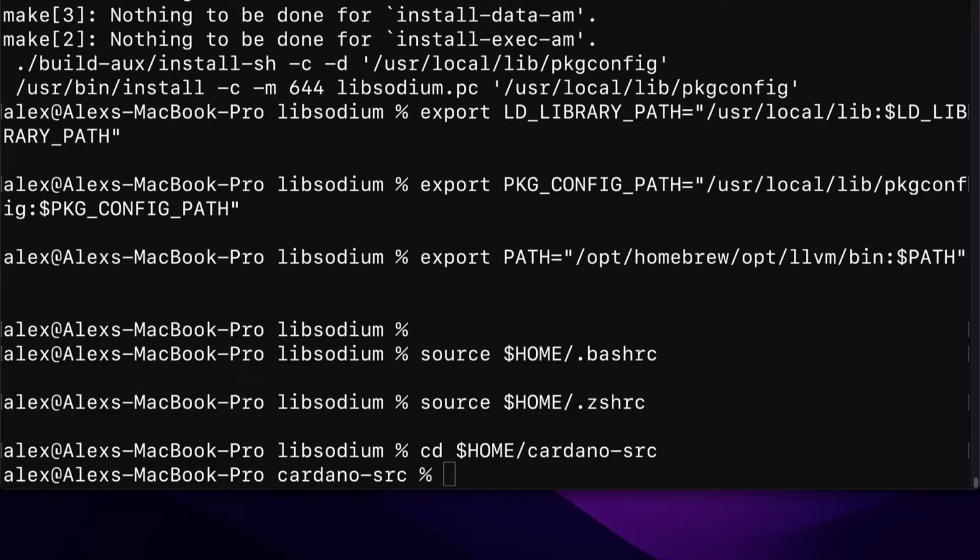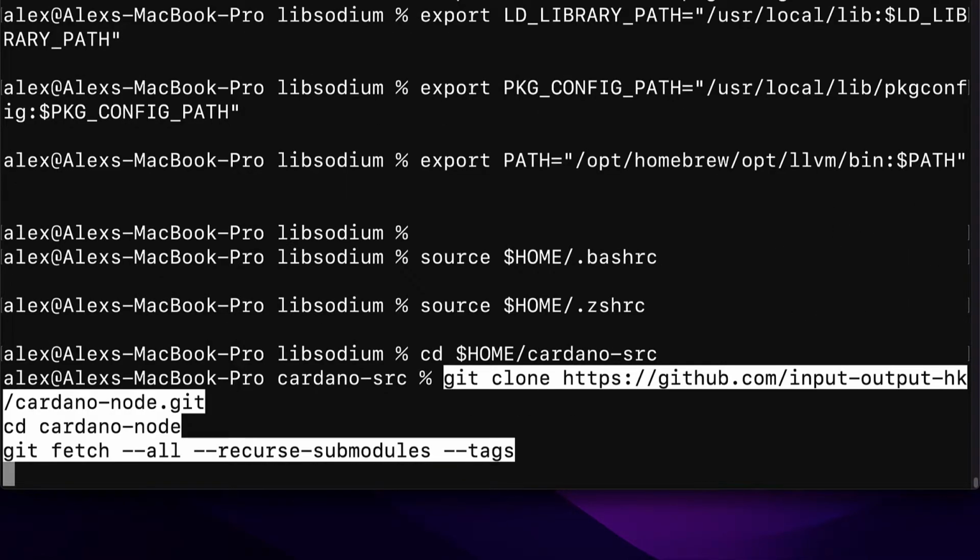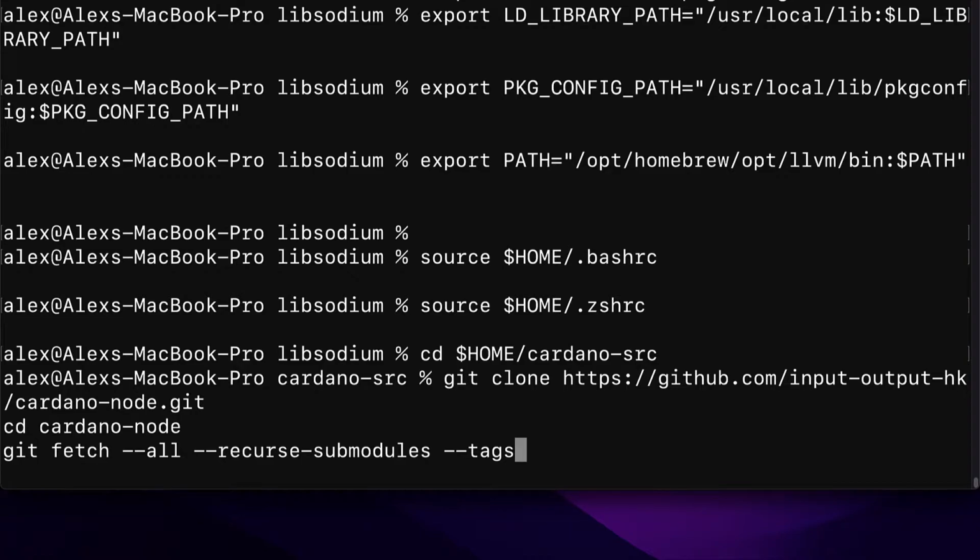That's the folder that we built to hold our components of Cardano. Our next step is going to be to download the Cardano node repository. This is going to be the Cardano node tool, which allows you to run a Cardano node so you can clone the Cardano blockchain onto your terminal and have it running so you can interact with the Cardano blockchain via your own node on your terminal. So for that, we're going to use the following command, git clone. So we are using git to clone a repository. The repository is